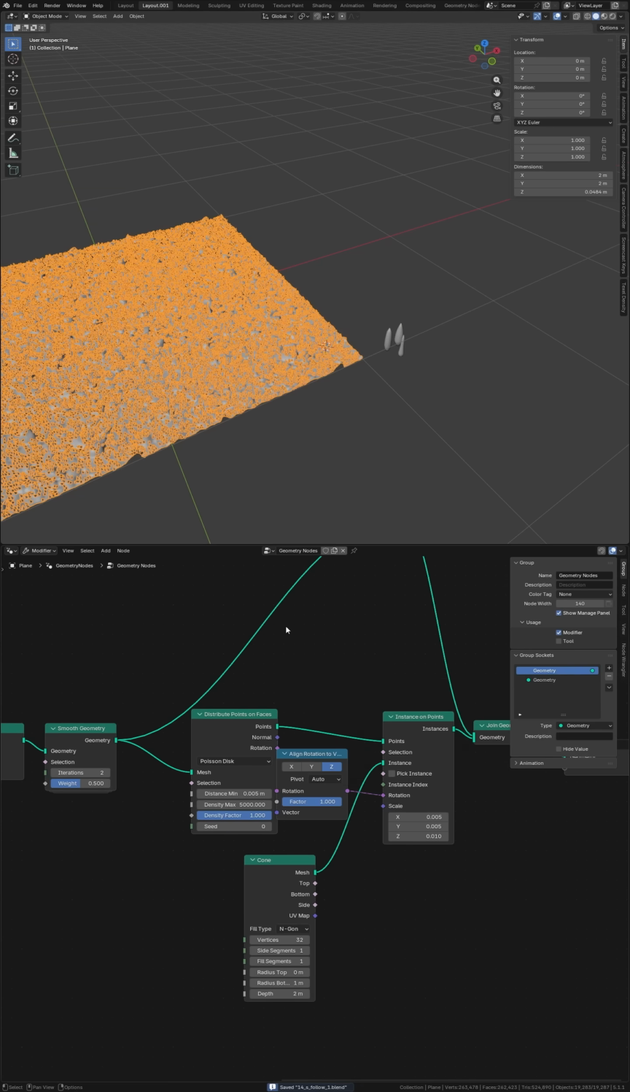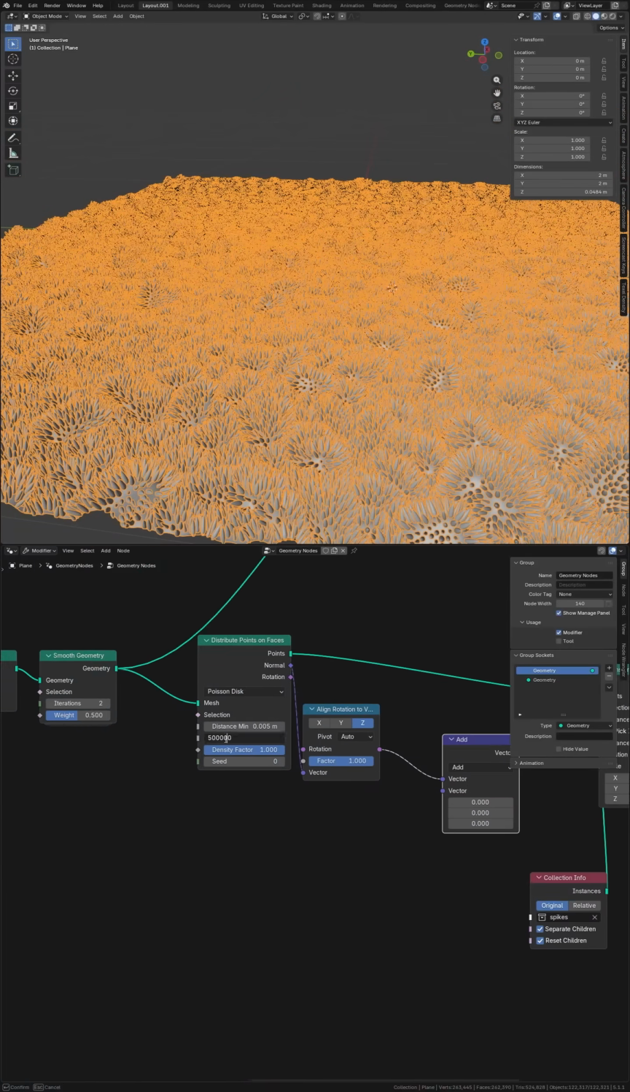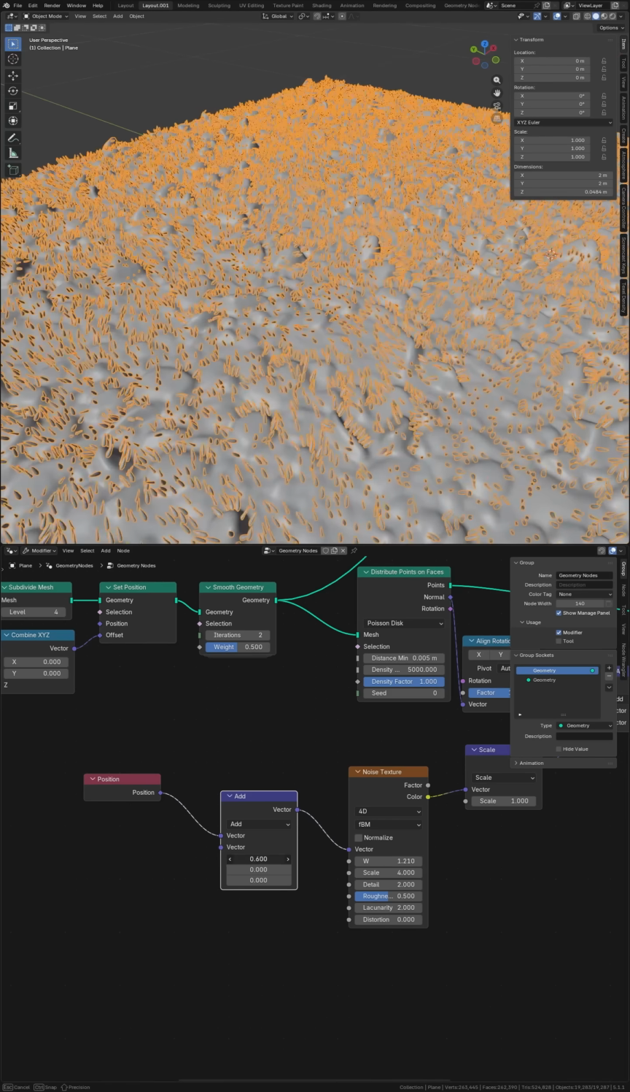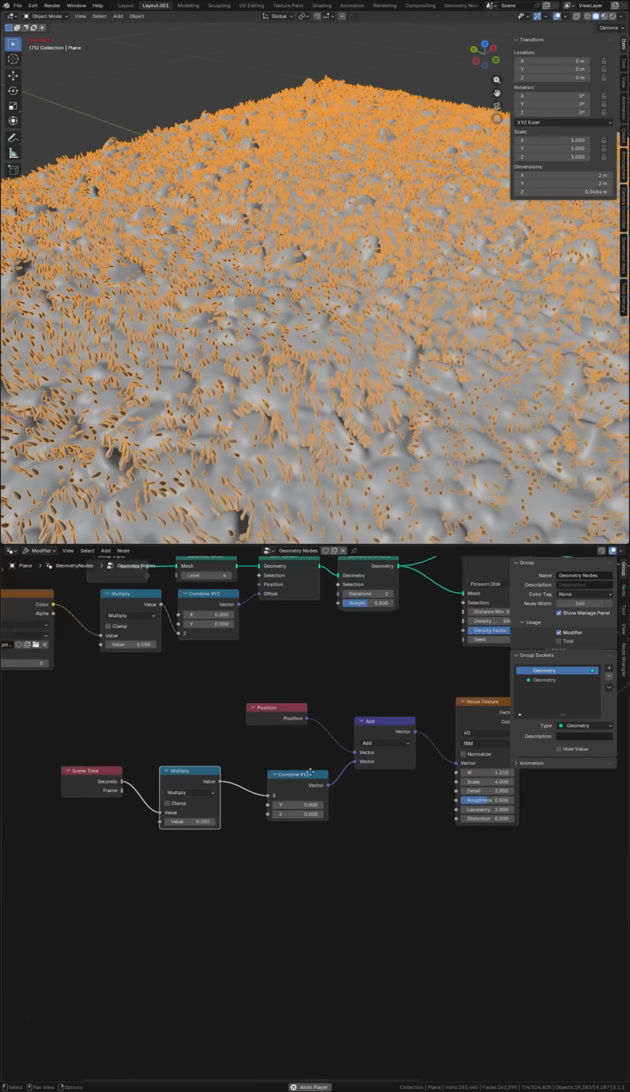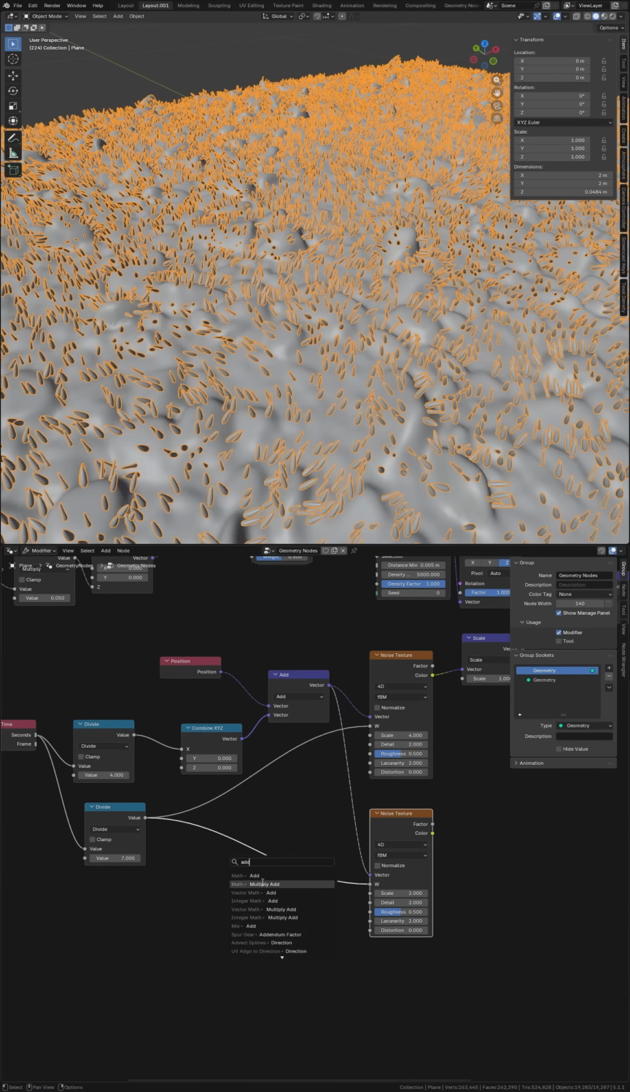I lowered the density for now to improve the performance, but for the final render I will increase the density again. Vector math, add, and use noise to give particles some random organic rotation. Animate its position and its W input, and then duplicate the noise and use slightly different noise to control the